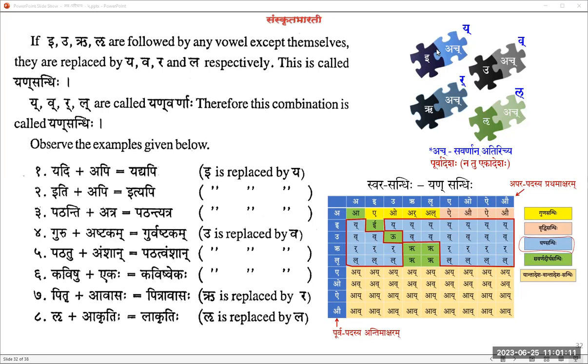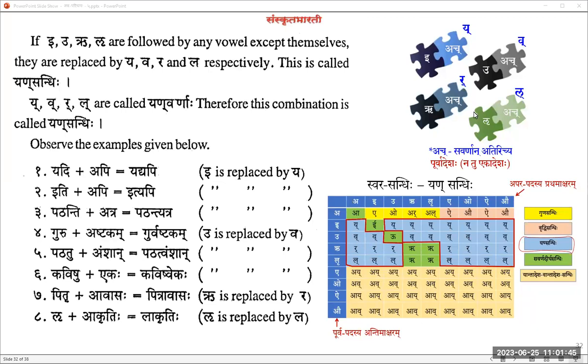So if there is an Ikara followed by a swara which is not Ikara, then this Ikara represents both the Dirgha and Hrasva form of the Ikara. Then Ikara gets replaced with a Yakara. Whether it is Hrasva or Dirgha, only a single consonant Ya will generate in its place and join the subsequent Ach, the subsequent swara that is present, and become Ya, Yi, Yo, etc.